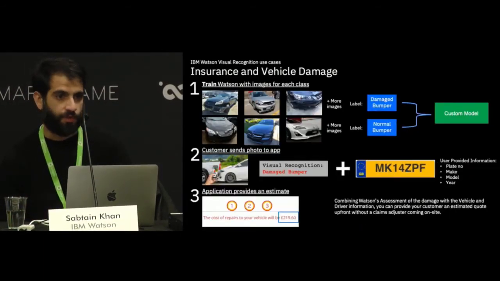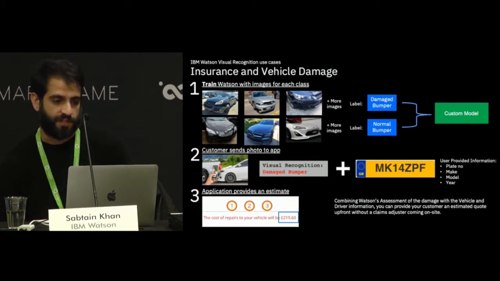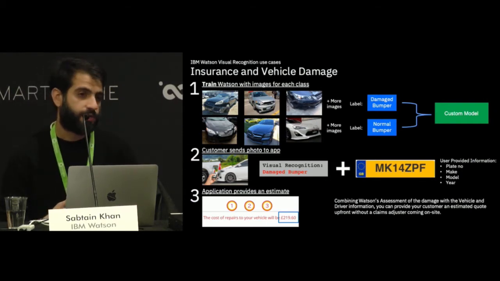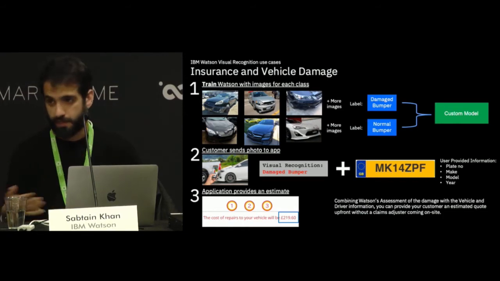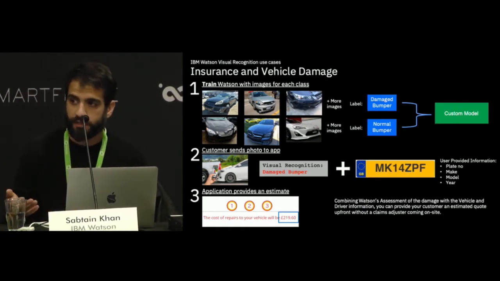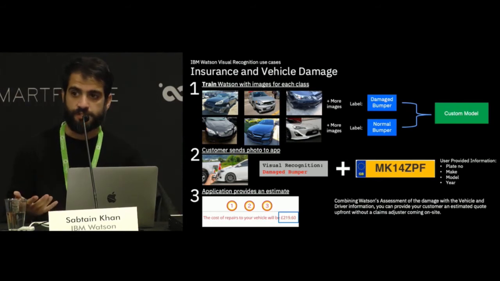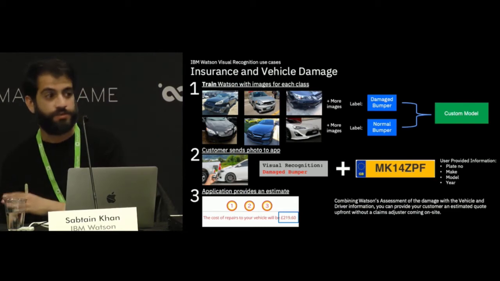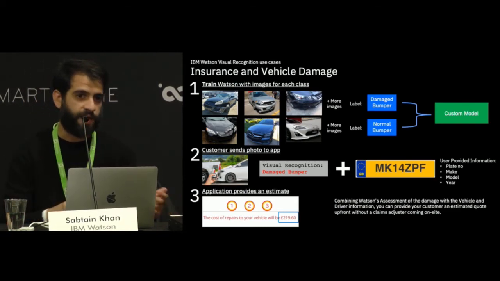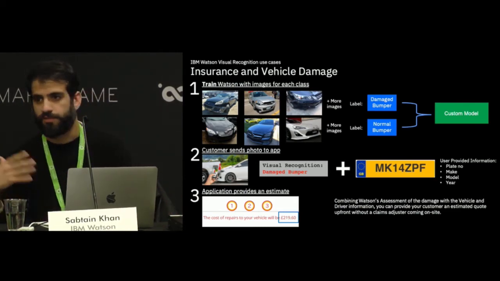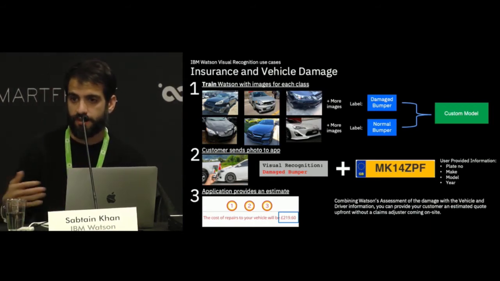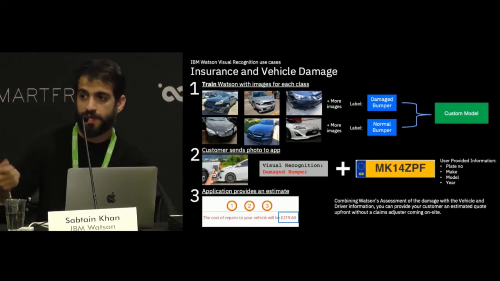Another example is building a custom model to detect something very specific in an insurance industry. So with Watson, you can use data you already have. Insurance companies have a lot of case and incident reports with images already in there. They upload those images and they label those images as this is a car with a damaged bumper, this is a car with a bumper that has no damage, whether it's a side panel, whether it's a mirror, flat tire, etc. And this customer actually trains a model and then deployed an application for their users to take an image